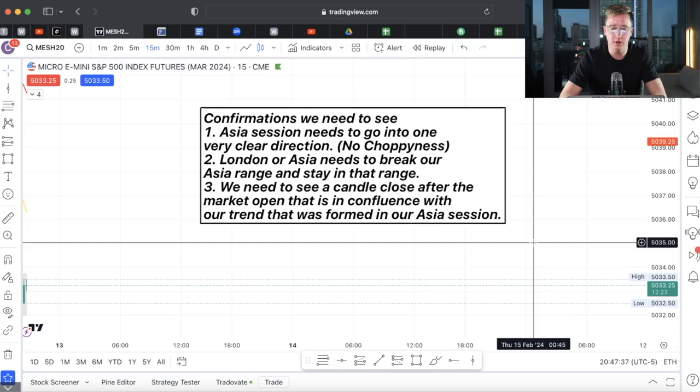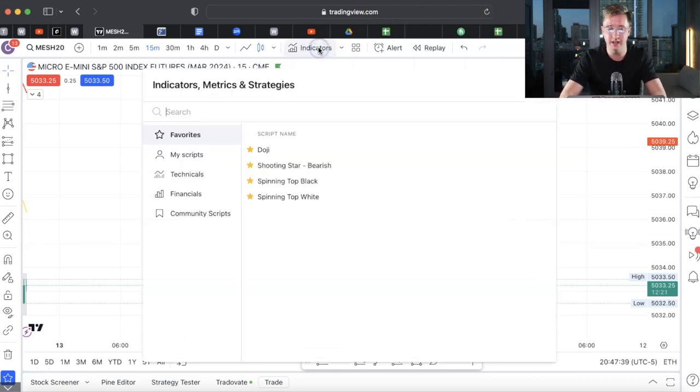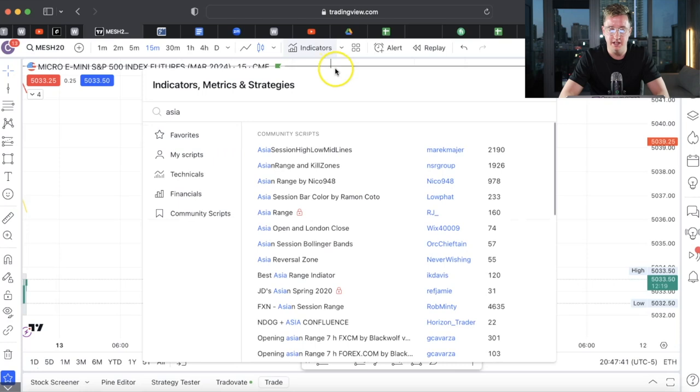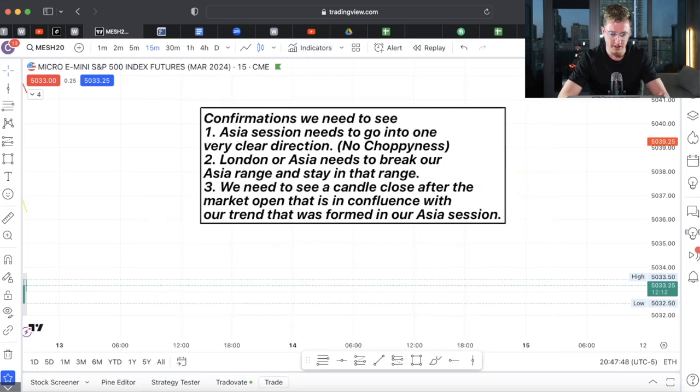So the first thing that we want to do is actually get two indicators. If you guys type in Asia, you want to get the Asia range and kill zones right here. And this indicator basically shows us where the Asia session is, and I'll show you guys in a depiction in just a second. So what we're overall looking for when we are looking for the setup is